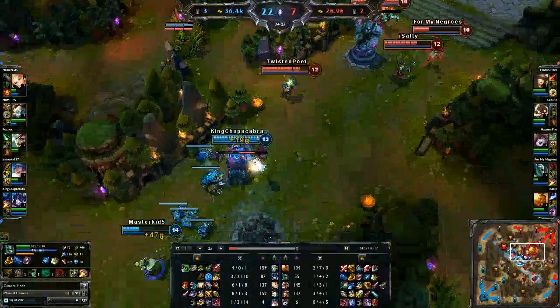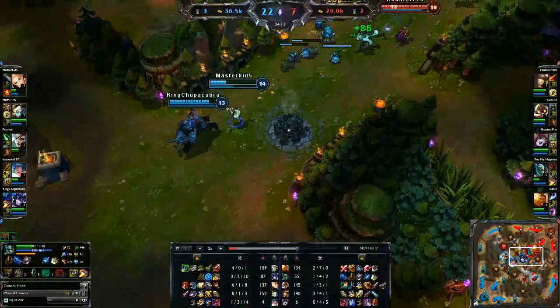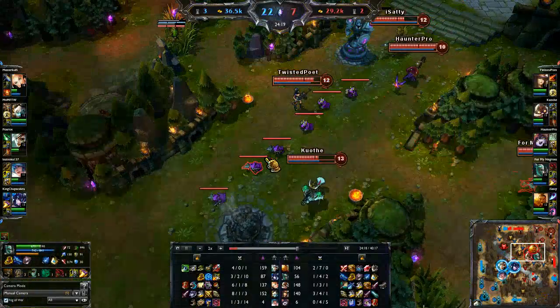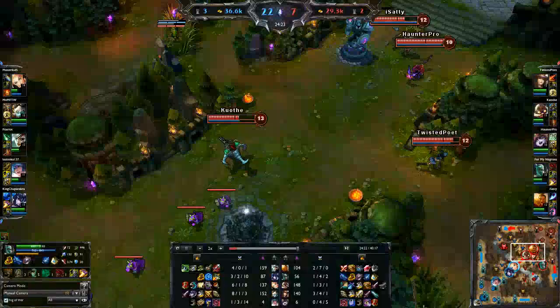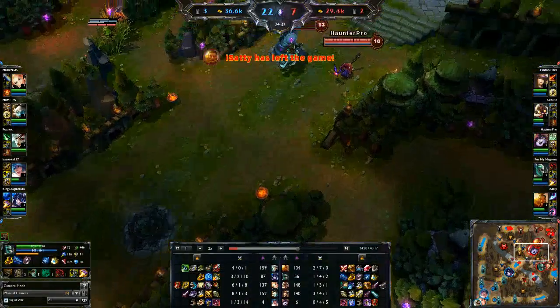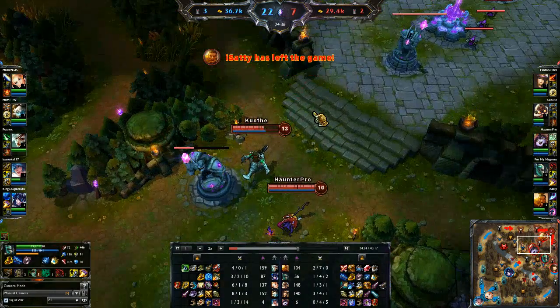Though I don't exactly foresee it, because when someone has a gold lead this big this early on, it's going to be very, very tough. Especially going against the team comp that you're going up against. Lux, Tristana. Lux and Tristana alone are tremendous late game champions. And